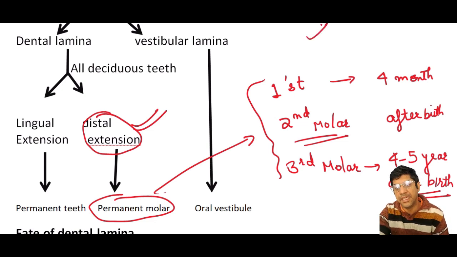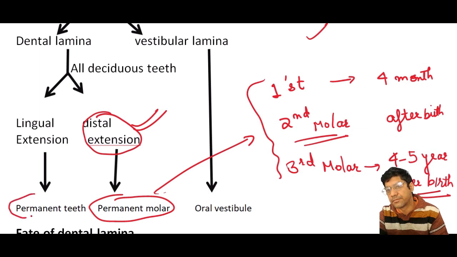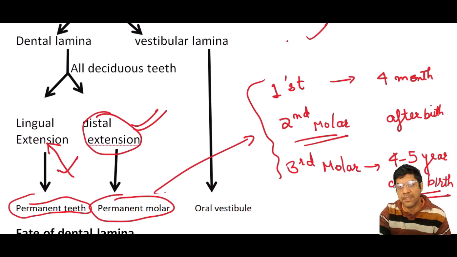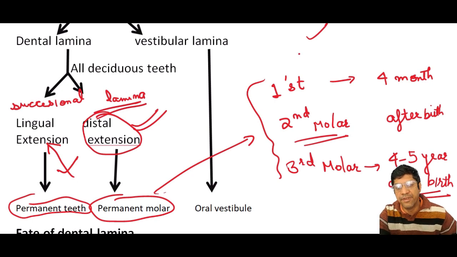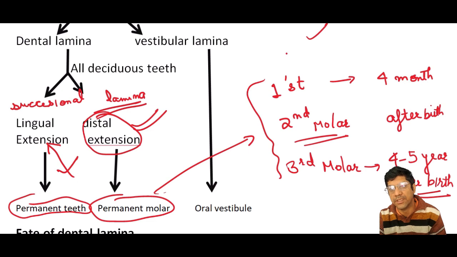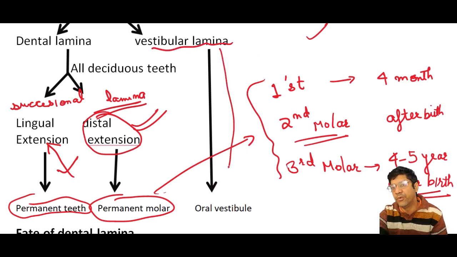The successors of the deciduous teeth, which are the permanent teeth, develop from the lingual extension at the free end of the dental lamina, opposite to the enamel organ of each deciduous tooth. This extension is known as the successional lamina, which begins its development around the 5th month in utero. That contributes to the development of the permanent teeth that range from the permanent central incisors to the second premolars, whereas the vestibular lamina